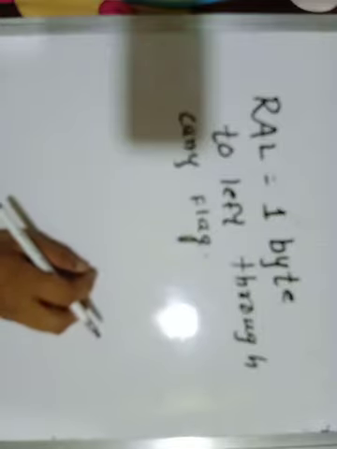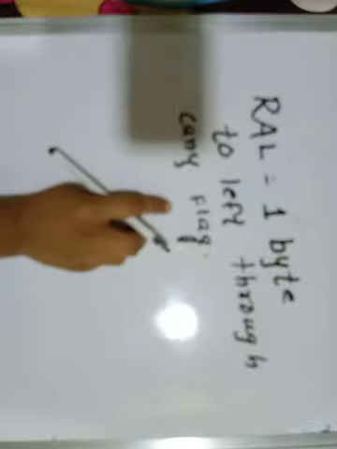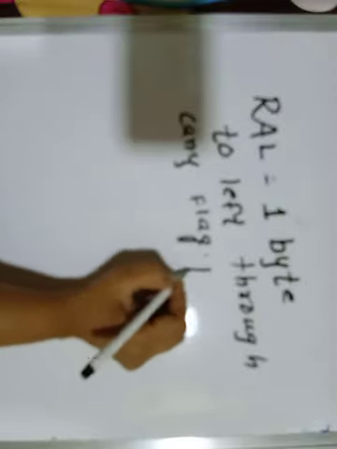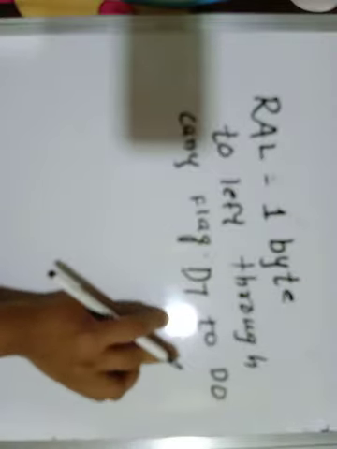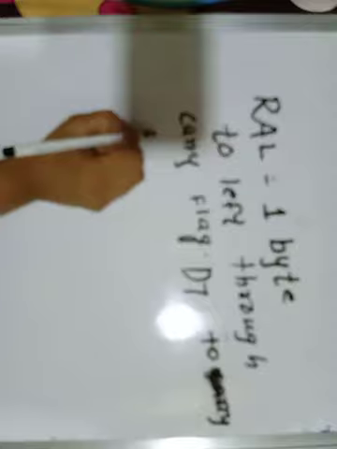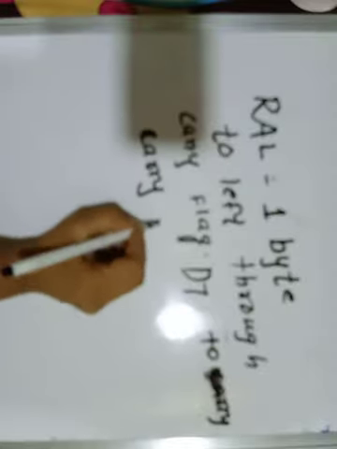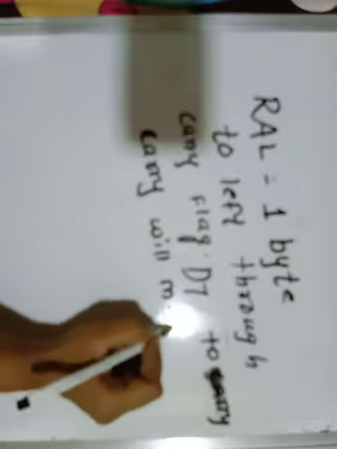And no other flags are modified. Now here also the same pattern we are going to use. The D7 bit will be placed to D0. First of all, D7 will be moved to carry. Then carry will move to D0. Then from D0 to D1, D2, D3, likewise. Okay, so it is the rotate accumulator left through carry, a 1 byte instruction.